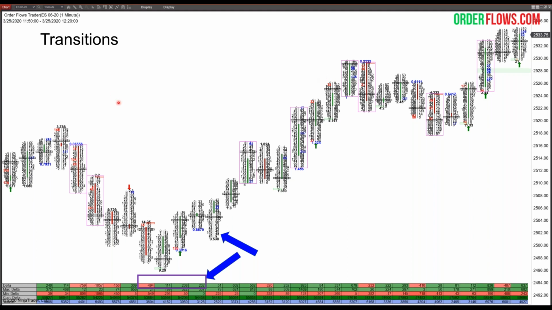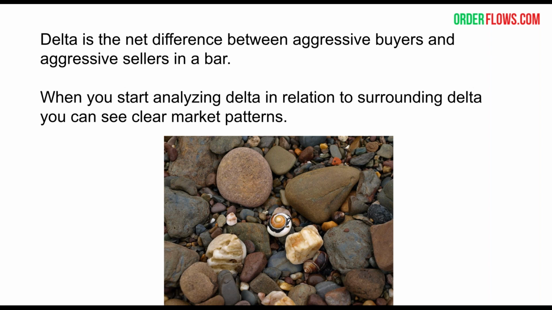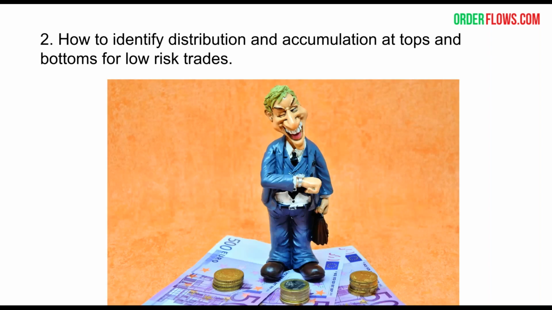So again, take everything in context of the market. And delta is, again, the net difference between aggressive buyers and aggressive sellers in a bar. Once you start analyzing delta in relation to surrounding delta, you see clear market patterns. It's like taking a walk on the beach and you find a perfect shell among all the rocks. The perfect pattern in Mother Nature, the Nautilus shell. It occurs. It may not occur as often as we like, but it occurs often enough that you can